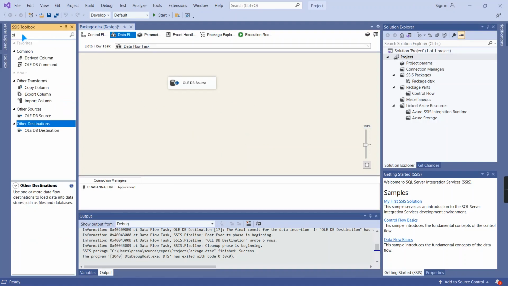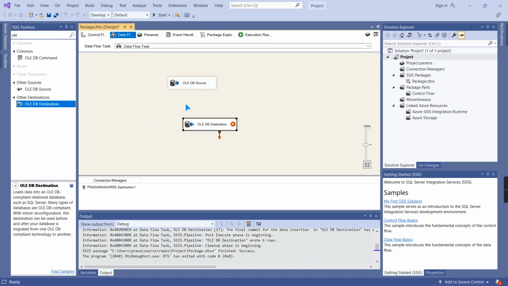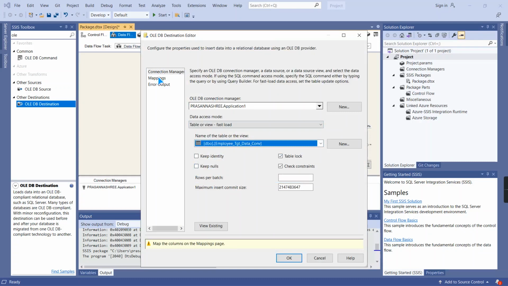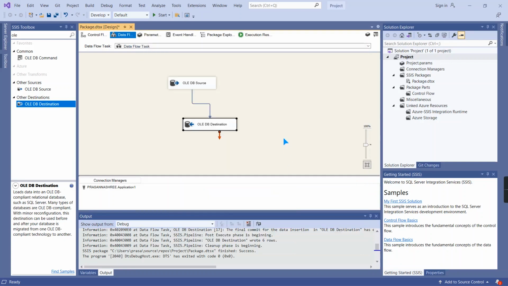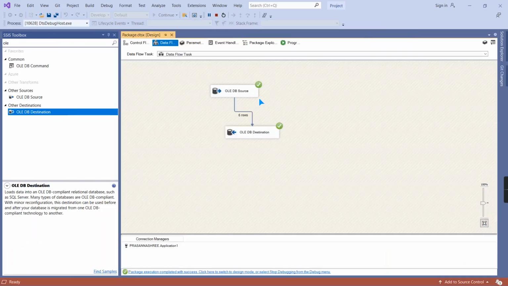Okay, so I'm going to add here, yeah, destination I will add here. So I'm going to add the target data conversion which I have created already. So in mappings, you can see here salary mapped to salary. Give OK, Control S. I'm going to start now. Okay. So it got succeeded.